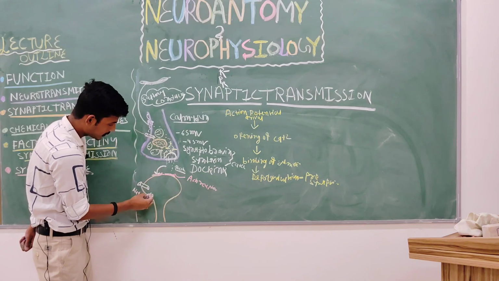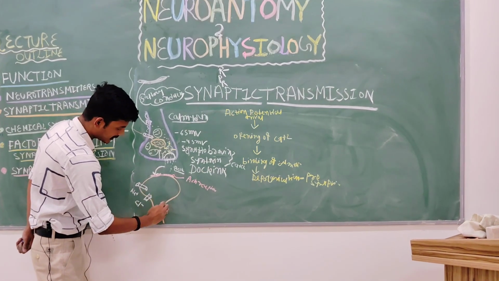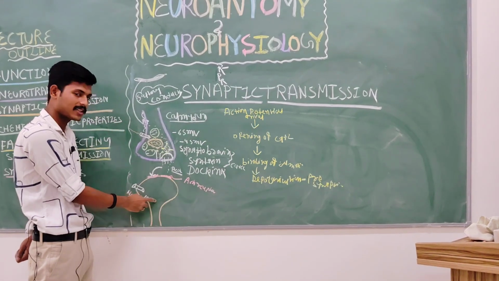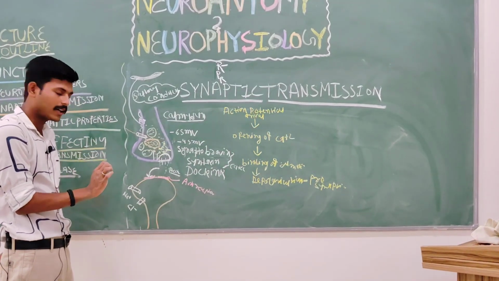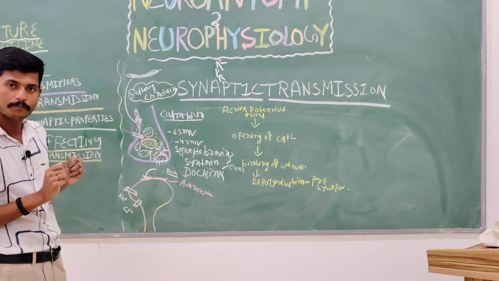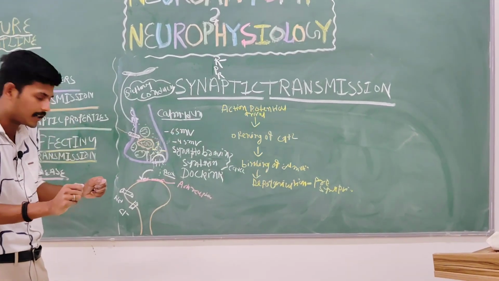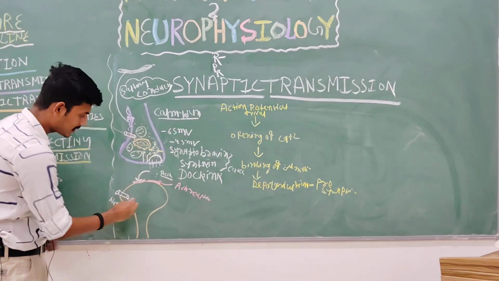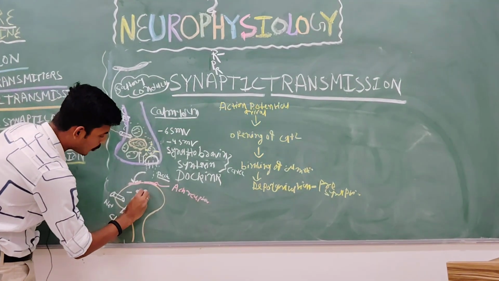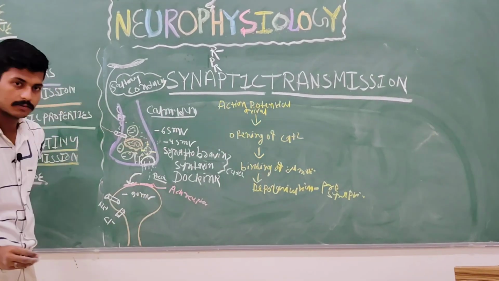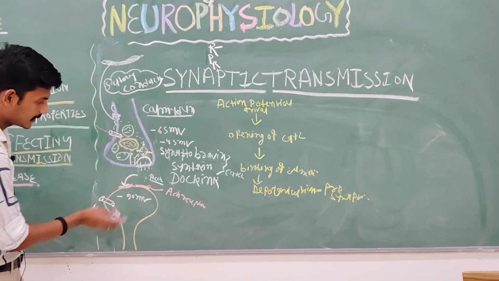Then what is happening? There will be a change in the charge of this molecule. Initially these were sitting in the inhibitory state, but once they receive the charge, the minus 90 millivolt